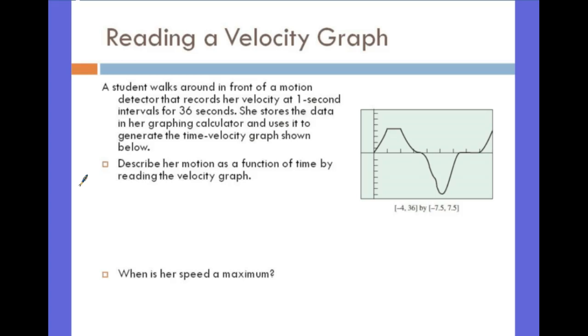Think about when you drive on the highway in cruise control. Your speed that you are driving represents your velocity. If my cruise control is set to 64 miles per hour,